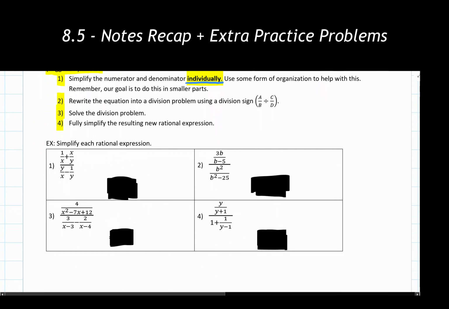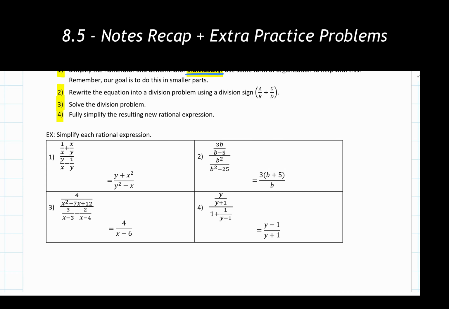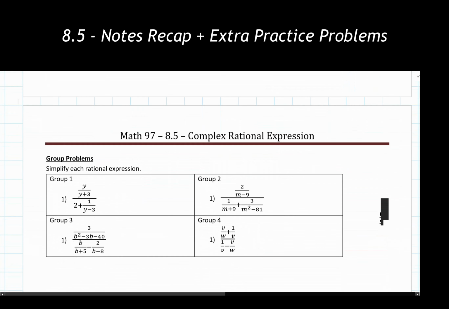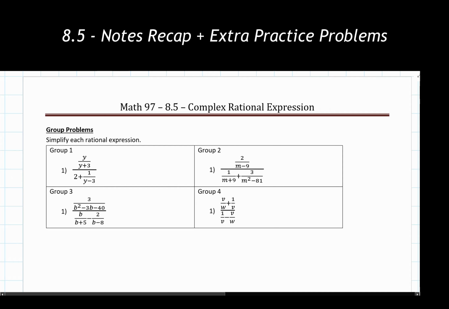So we had our example problems listed here, and we get our answers revealed, the same ones that we went through. And we'll go down and take a look at some group problems or extra practice problems, if you'd like to give those a try. As we've done with the previous ones, I would recommend that you pause the video here if necessary to give these problems a try. I'm going to scroll down here shortly to the answers so you can compare what you have.